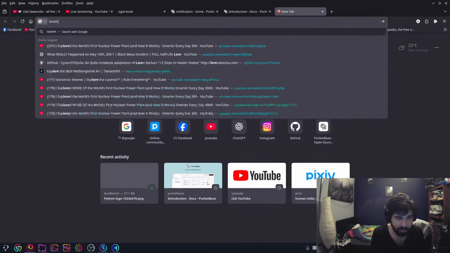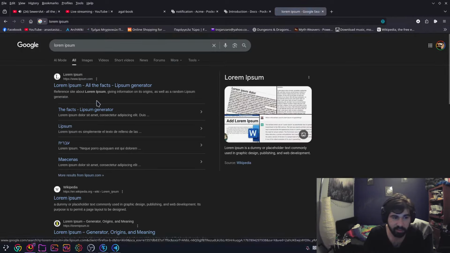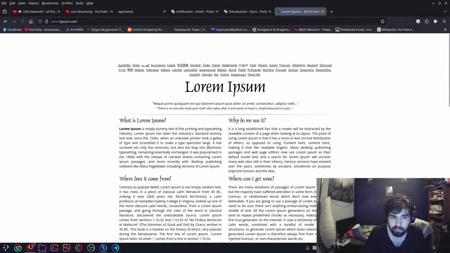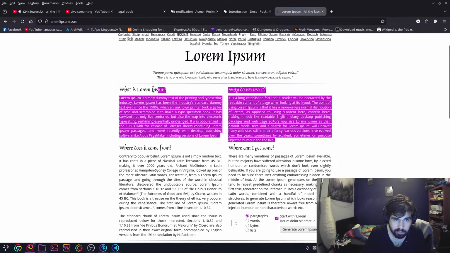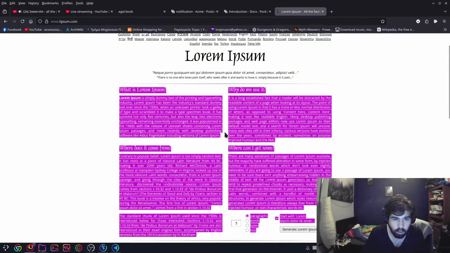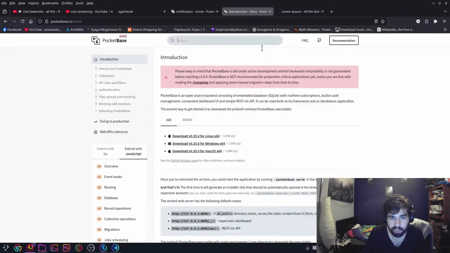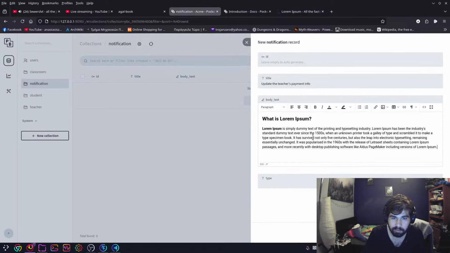Do a lot of Lorem Ipsum just for the kick of it. Oh, can I do this? Oh, if I can do the fonts too, that's gonna be ridiculous. Okay.